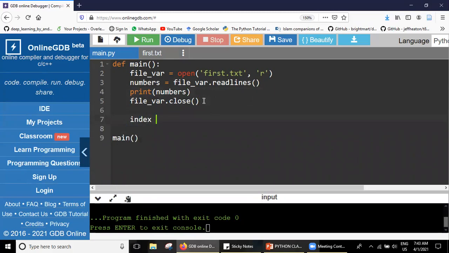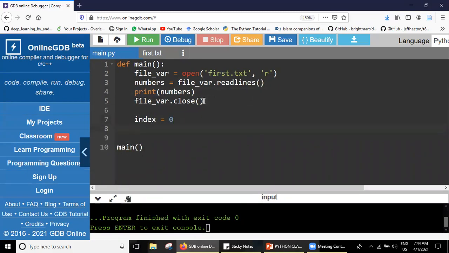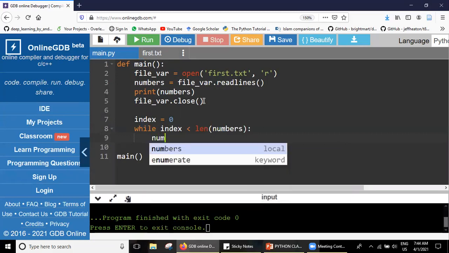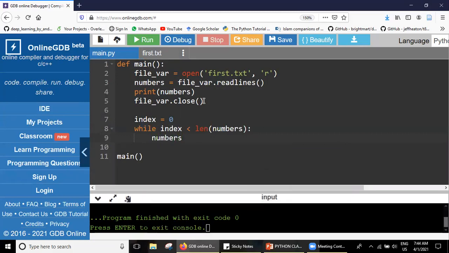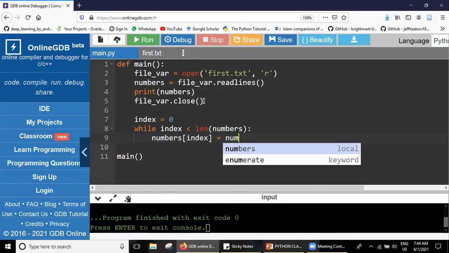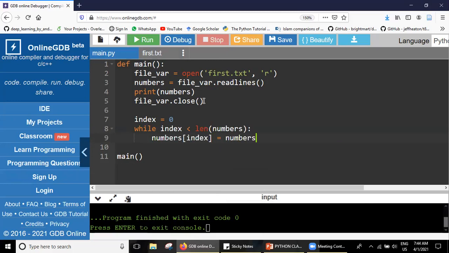Using the indexing, index of 0, and then we'll go with the same lines of code again. Index less than length of numbers, and each time we need to remove the slash n by stripping it out. Numbers of index should be equal to numbers of index.